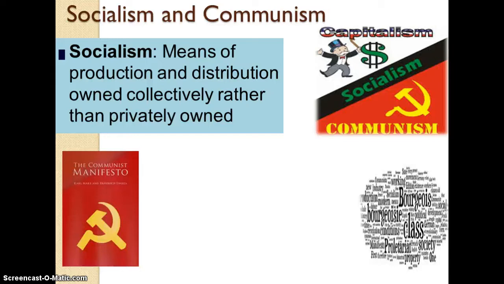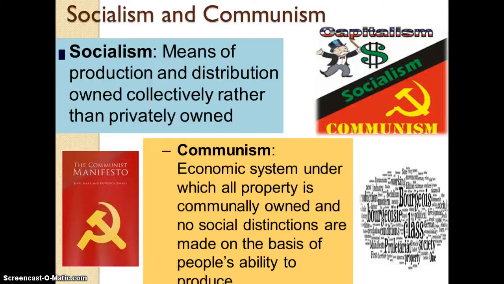Marx believed that each socialist state would eventually become a communist state in which all property is communally owned as well. So everybody owns all property. There's no such thing as private property. So you don't own your home, etc. It's all owned by everybody. And he thought that socialist states would also evolve so that there's no class distinction whatsoever. So there's no such thing as middle class, upper class, lower class. Everybody is of the same class.